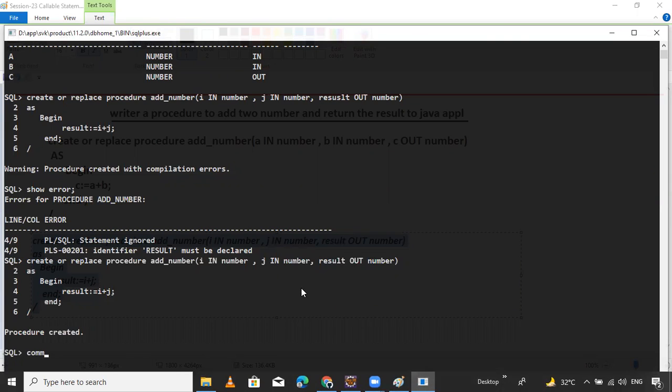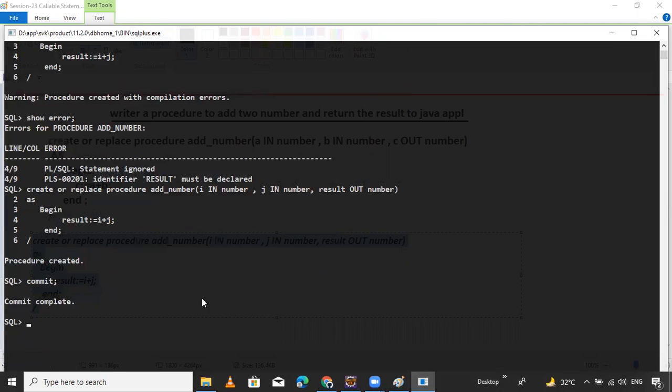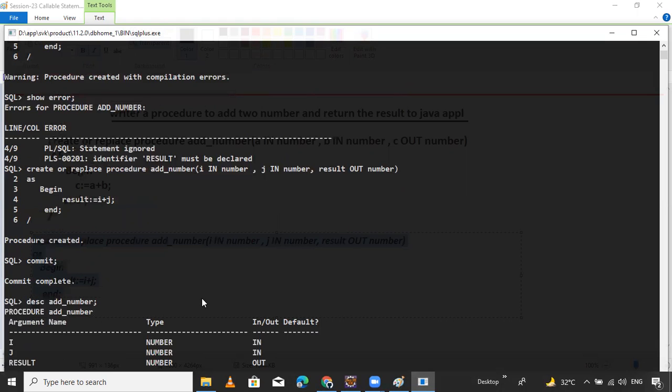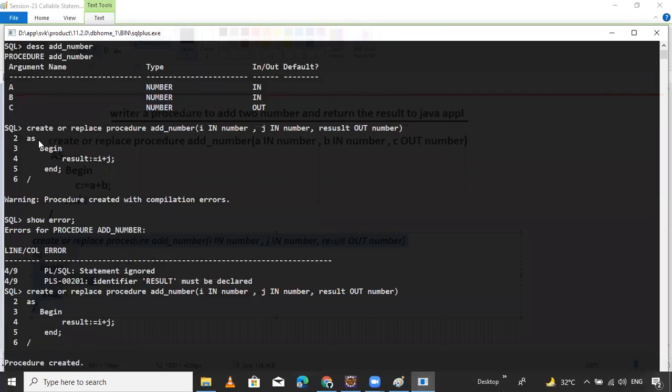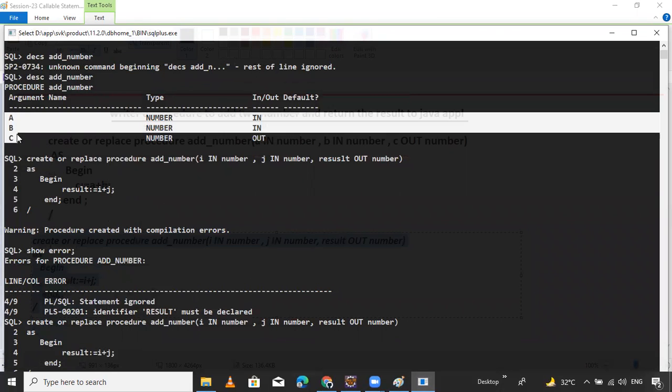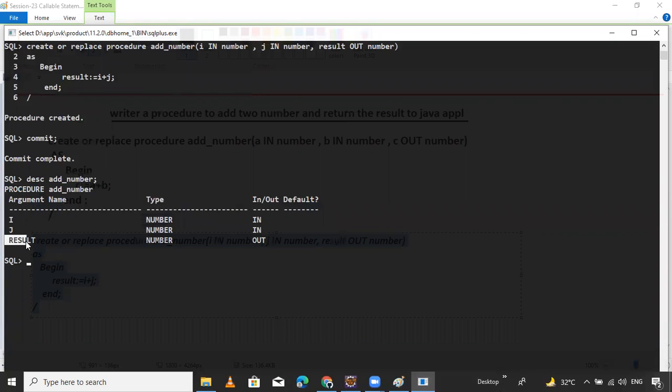If you perform commit, then it will reflect inside the database. Then you can see describe add number. Before, it showed argument names A, B, C, and right now it has I, J, and the out type variable is result.